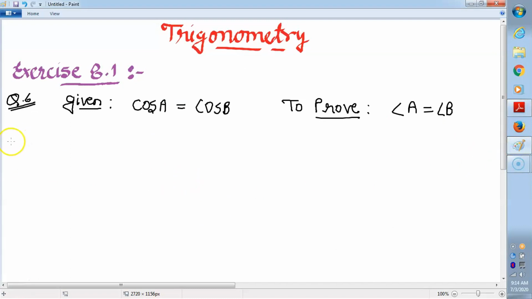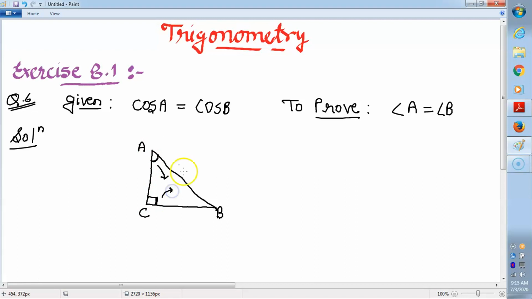So, to solve this, let's draw the triangle first. Right triangle for trigonometric ratios. In our question they are giving A and B are acute angles. So, A here and B here, correct? We are taking right angle at vertex C according to our question. Now, if we are taking angle A, side opposite to angle A means BC will be a perpendicular. And side adjacent to angle A means AC will be a base. And side opposite to right angle means AB is always hypotenuse.